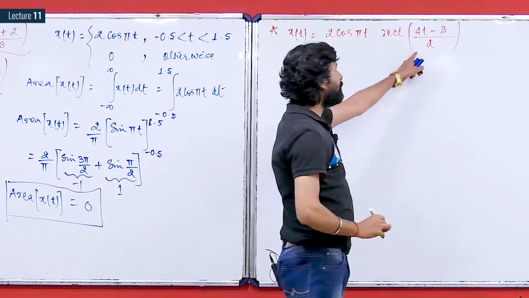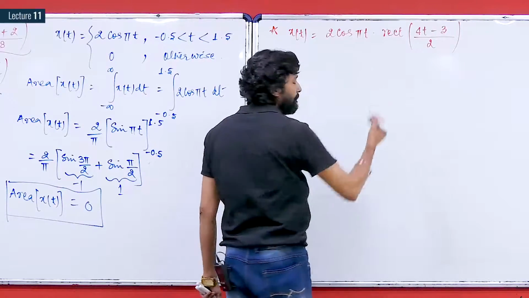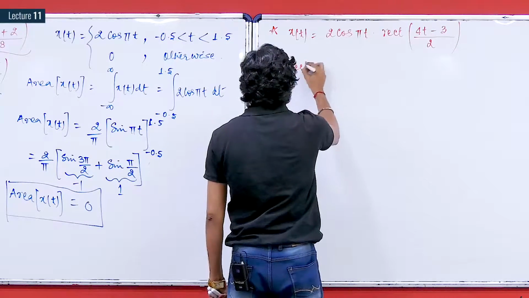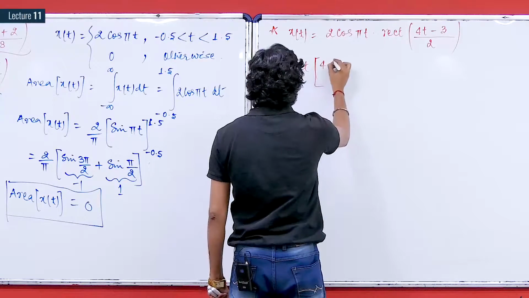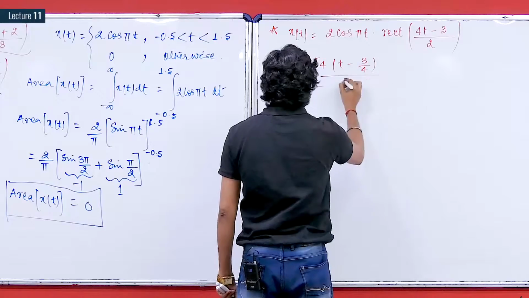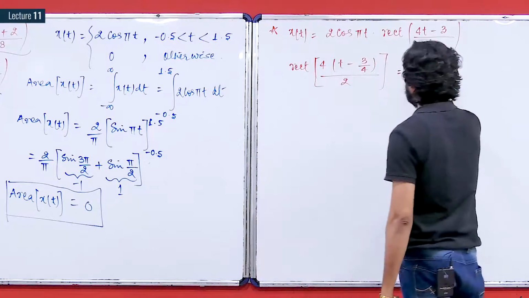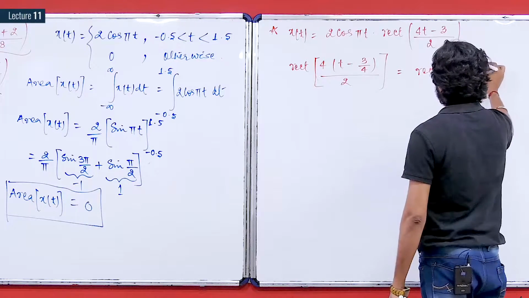Now to compare this rectangle with the standard representation, rectangle of 4t minus 3 upon 2, if you take 4 common, can be written as t minus 3 by 4 divided by 2, which can be simplified to rectangle of t minus 3 by 4